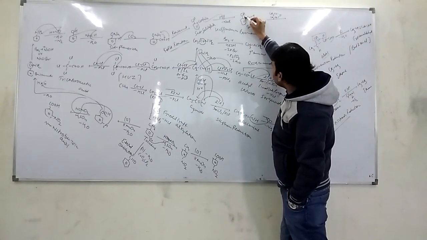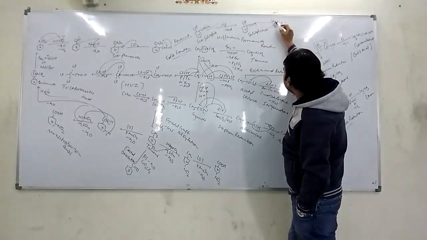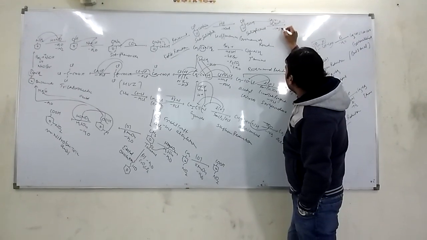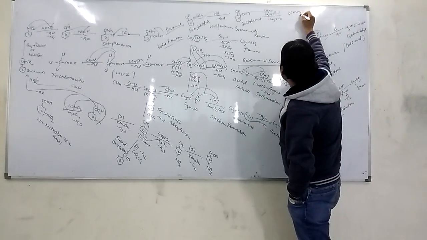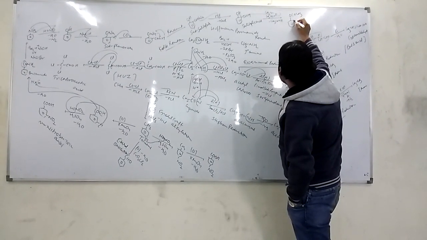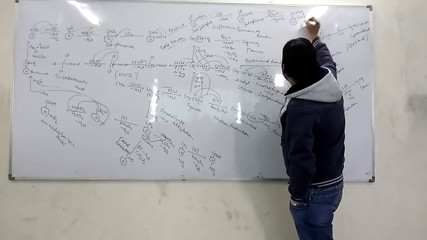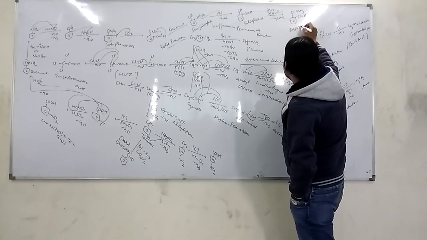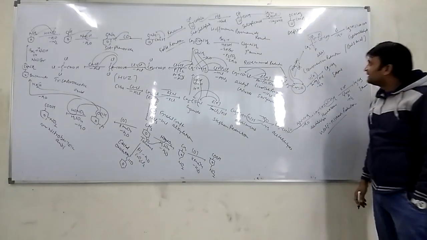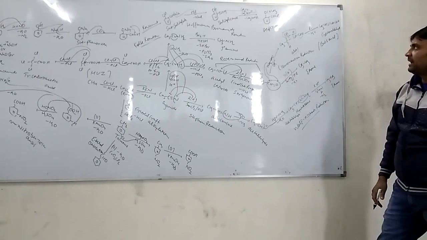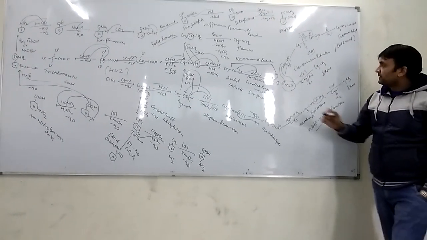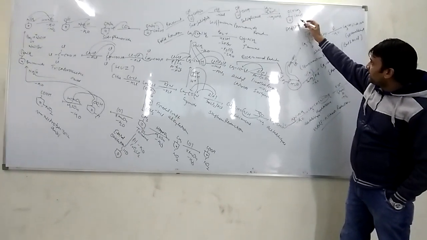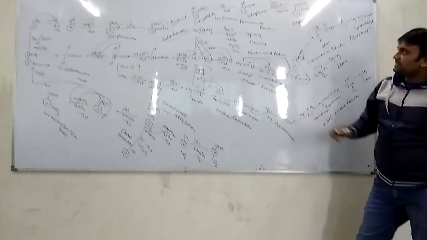This H combines with CH3COO. There is loss of CH3COOH and it is converted into OCOCH3 and this is COOH. You know this compound is known as aspirin. This is called aspirin, an analgesic. Analgesic, you know, is used to remove pain. This is the analgesic aspirin. This compound is known as an analgesic.